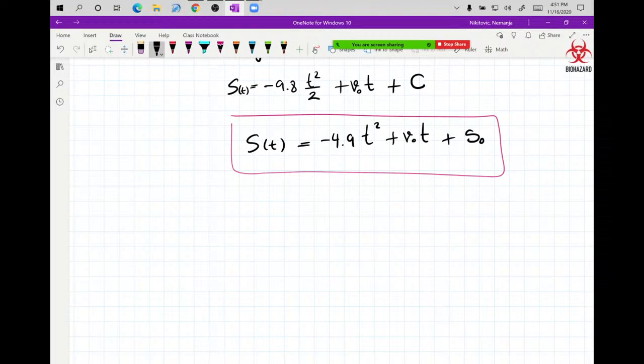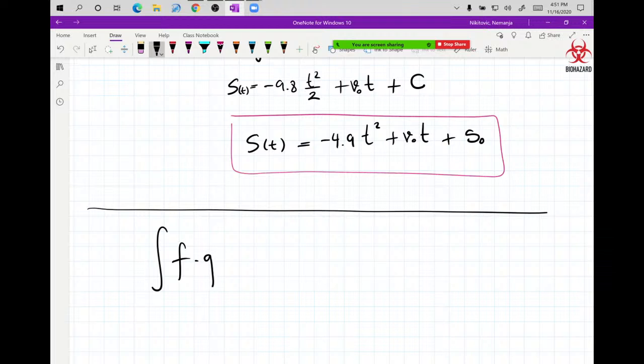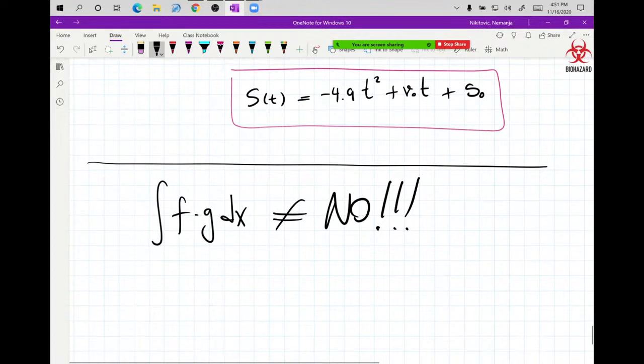Because you have to be very careful with multiplication. Insanely careful. We do not have integral of f times g dx. We don't have that. Now, there are going to be in 5.5 and 8.2 two techniques that deal with multiplication. Remember, your